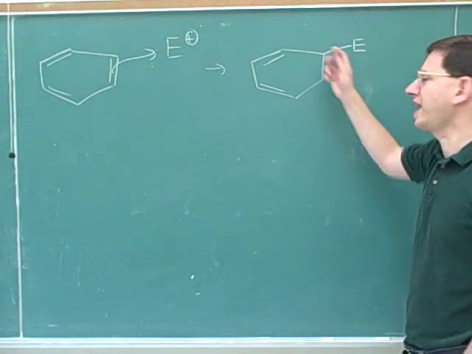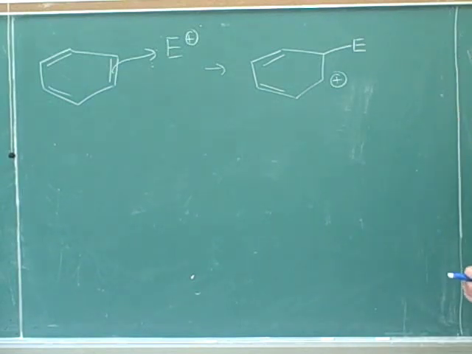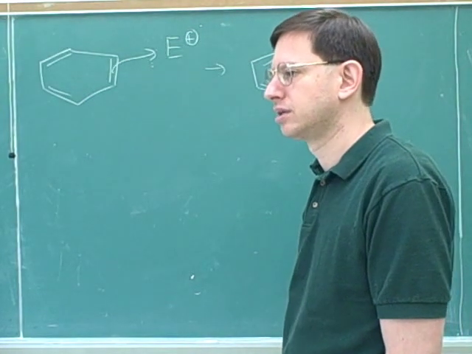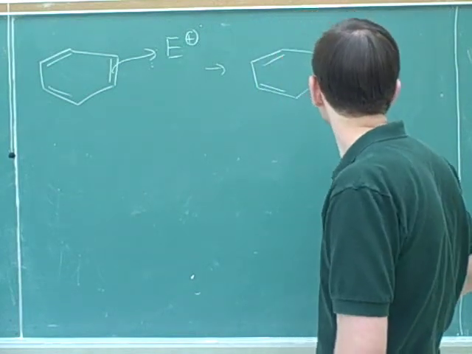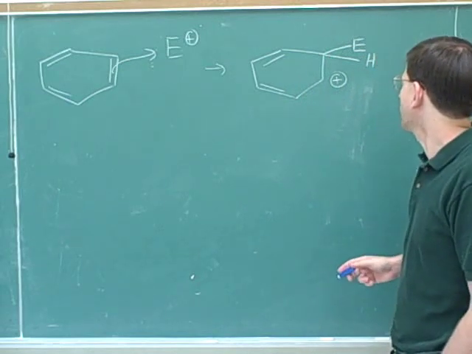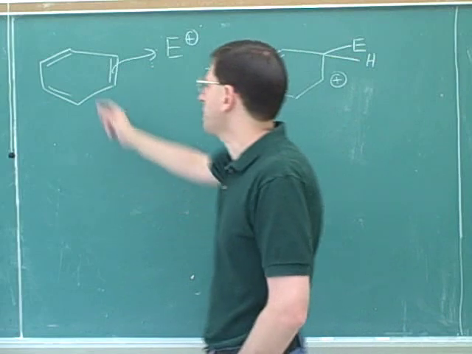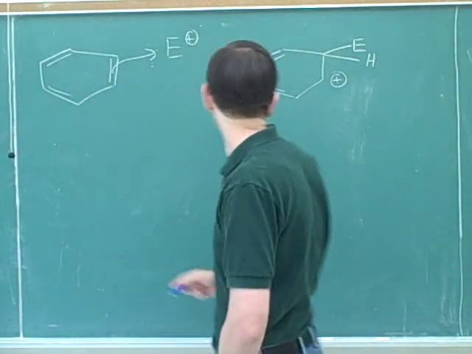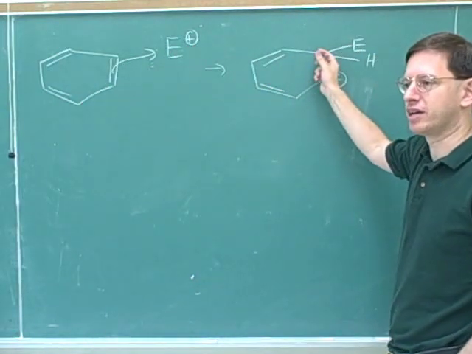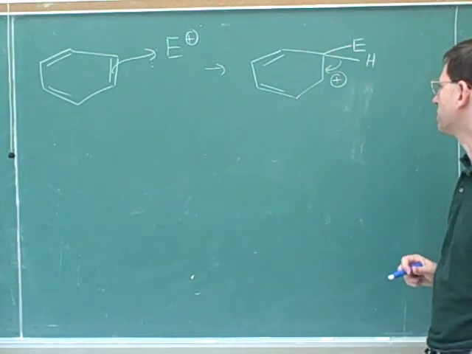Now, what's going to happen now? The conjugate base is going to steal a hydrogen from where the electrophile is attached and remake the double bond to make it aromatic. Very good. Sometimes students think that, so now there's two things attached to this carbon. Remember that what we want to do is get back to aromaticity. Well, how can we get back to aromaticity? By restoring only one thing to being on this carbon. So we have to lose this hydrogen, and that frees up the electrons here to restore this bond.